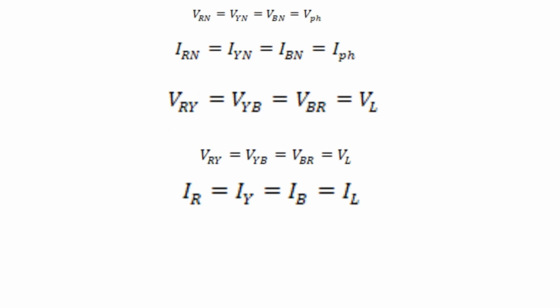Magnitude wise, VRN equals VYN equals VBN equals V phase, and the currents IRN equals IYN equals IBN equals I phase. The line voltages are phase to phase voltages: VRY equals VYB equals VBR equals VL, and the line currents IR equals IY equals IB equals I line. Now by considering any one of the branches,